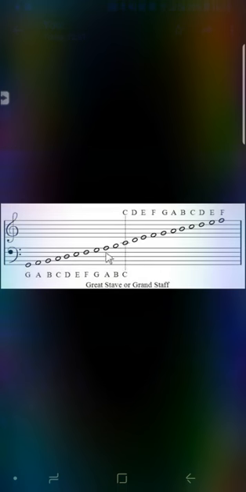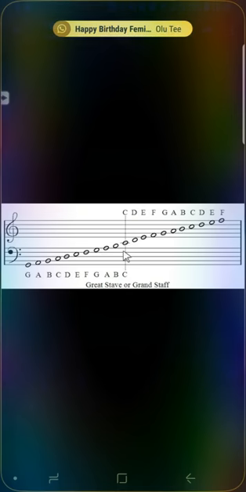So let's see that here. You can see the bass stave the way we said. The bass stave starts with G. The first line is G, A, B, C, D, E, F, G, A. The space above the bass stave is B, which is just the natural next thing. And then the first ledger line above the bass stave is C, which is the same thing as the first ledger line under the treble stave. And then the space just below the treble stave will be D. And then the first line of the treble stave is E. And then we go on and on like that. So this is the connection of the great stave